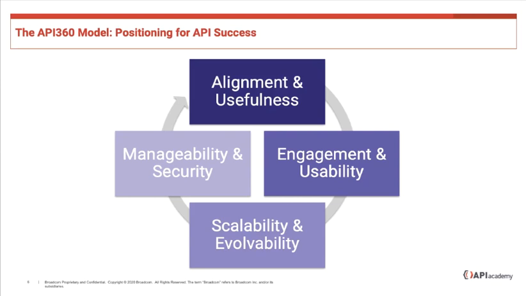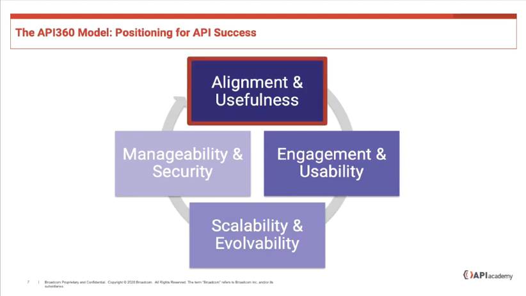In the API Academy, we have synthesized the information we have observed across the companies we've worked with and analyzed, and came up with a practical model that identifies the key areas that need to be addressed in order to be successful with and through APIs. This model is intended to work for any organization, but has particular appeal for established enterprises looking for the right way to get started with APIs. Now let's take a closer look at each of these categories.